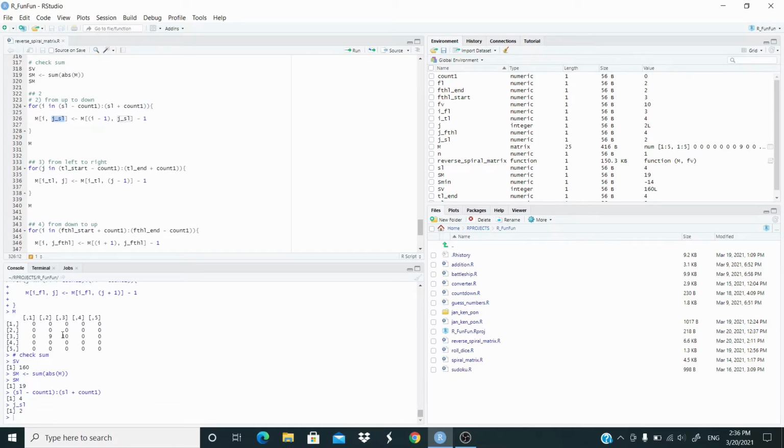2. Why? Because we are in column 2. So we are saying the value at row 4, column 2 is equal to the value at I minus 1. But now I is 4, so 4 minus 1 is 3. J underscore SL is 2. So we're saying that this value is equal to